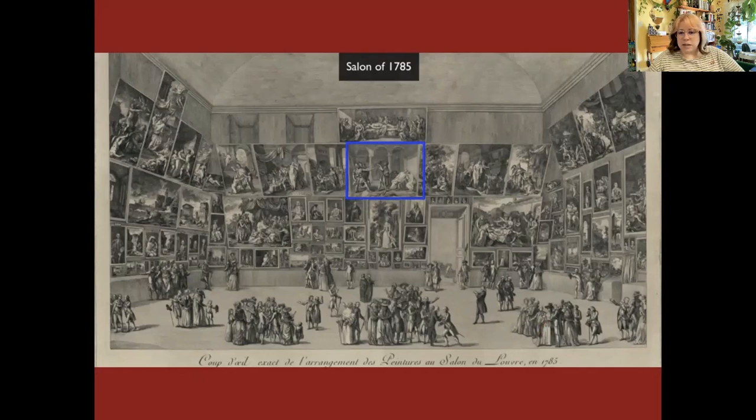And when this piece was entered into the salon and people came to see it, and you can see, I highlighted it here for you, in this print of the salon it was in, people loved it so much that they had to extend the salon. It was supposed to be open, let's pretend 3 weeks, and they had to extend it to over a month, because a couple people go, and they're like, oh my God, it's so amazing. They tell their friends, then the friends want to go. And so eventually they have to extend the salon. It was that famous.